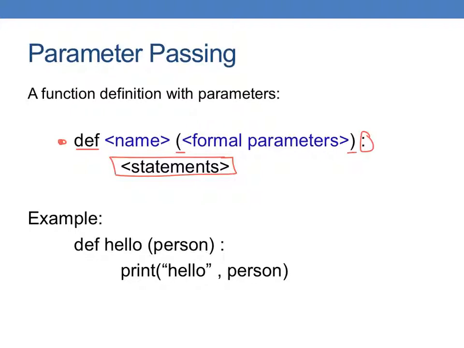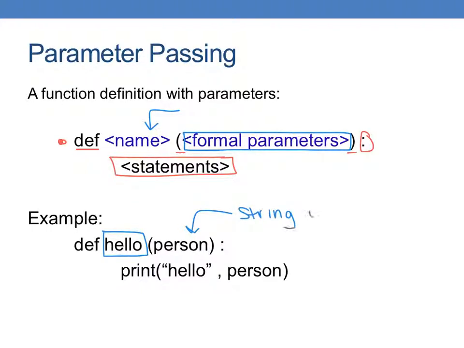So you can see here that the name is whatever name you give. So here, this is a function called hello. But then here, these are all of the parameters that you need passed in. So you're basically saying, well, this is going to be a variable that I need to have passed into this program. And in this example here, the hello function needs a string with a person's name